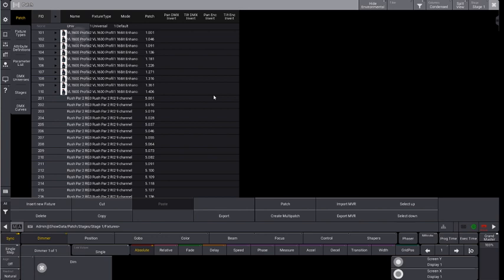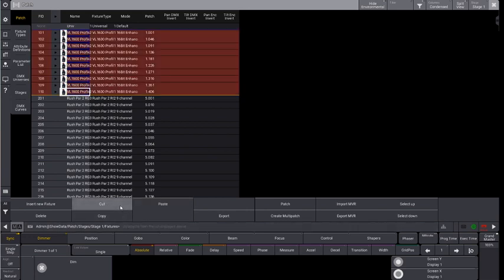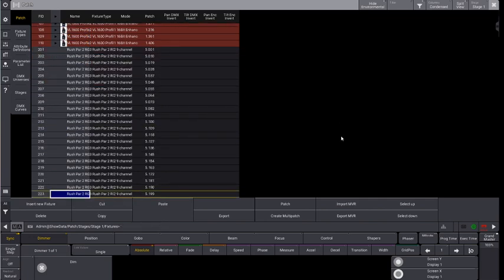I can draw my little square over all the fixtures that I want moved into a grouping. So I've got all of my VL1600s highlighted in blue. And then at the bottom here we have a load of magical buttons. You can see the cut option here. If I click that, that whole section illuminates red, and I can then zoom all the way down